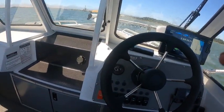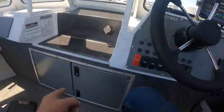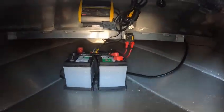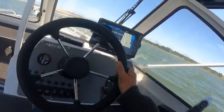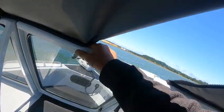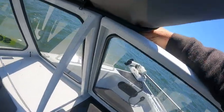So now what we're going to do, we're going to show you that bow mount. And the batteries were up underneath here with your relay. Go like that on the move, lock it up. So now what I'm going to do is just keep that kicker motor going a little bit. Then I'm going to zip this like this. Then I'm going to unsnap it. And then what I do is I go underneath the foam. I don't rip it by the foam, because you'll rip that foam if you do that. Just go right by here, right underneath the snap,